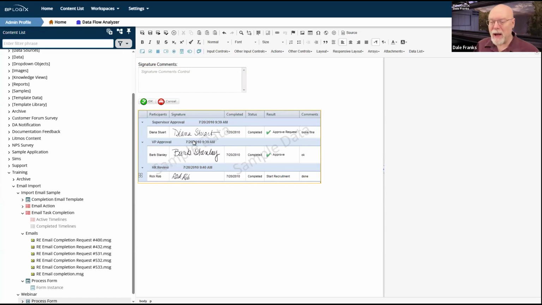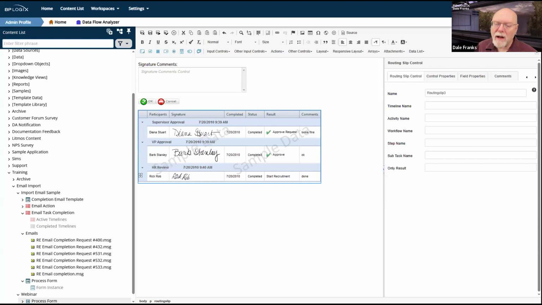A lot of times it doesn't matter. It certainly wouldn't matter here really because we only have one activity. So my routing slip is only going to be 2 lines long, the form initiation or submission, and then the one activity that we're going to create in our process timeline. So that would not be a burden. But of course, for other processes where you might have 30 or 40 lines, the reason that we put a button area in and then drop in the routing slip control is so that when people are filling out the form, they don't have to scroll through the routing slip to get to the task completion buttons at the bottom of the form. It just becomes a little bit of a pain, especially if you've got a large routing slip. But that's my form. That is what I need.